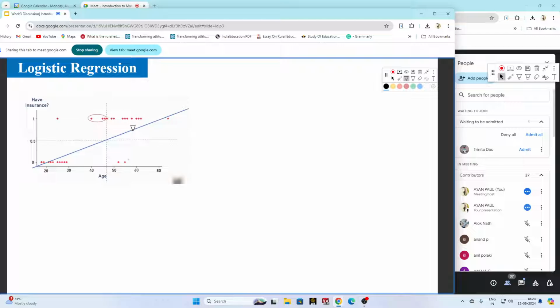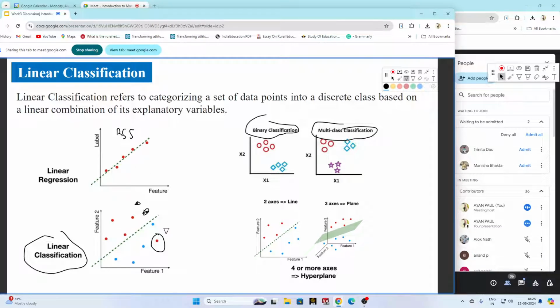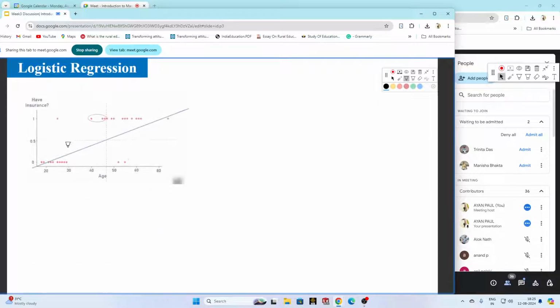Okay, so we can just put a line and we can classify this. But here the problem is, earlier I told you about the misclassification score. In this example, you can say the misclassification score is very large. Okay, and also if you have put a line and said that